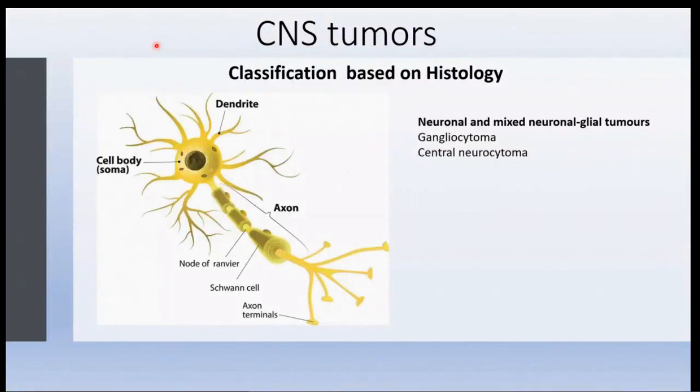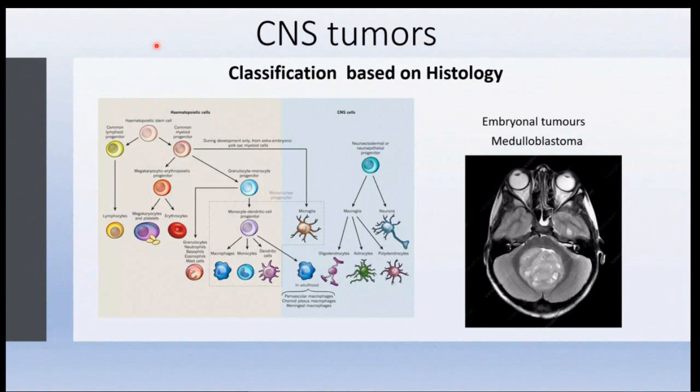So we spoke about a cell called the astrocyte. Now we have the neurons, and the neurons themselves can cause tumors. A good example of these is the gangliocytoma and the central neurocytoma. Again, another group is what we call the embryonal tumors. All our cells, the astrocytes and the neurons, come from progenitor cells that give neuroectodermal or neuroepithelial tumors. And once there's a problem in this during uterine life, while the baby is in the mother's womb, we may have a tumor called medulloblastoma, which typically occurs in the fourth ventricle in the posterior